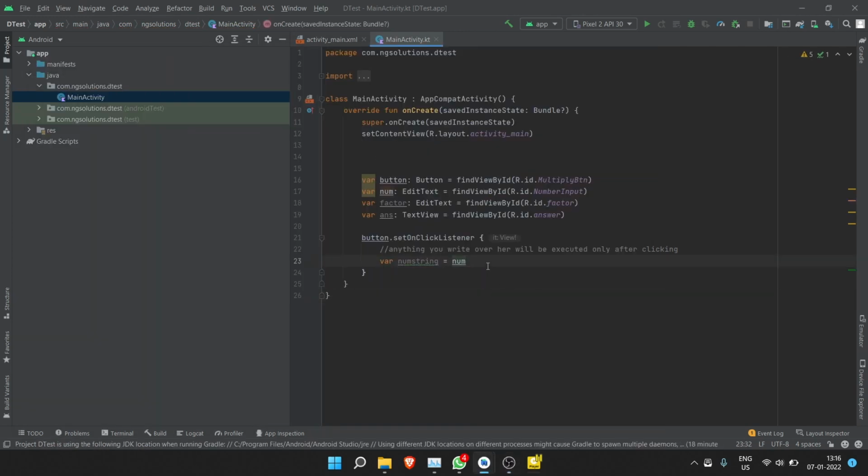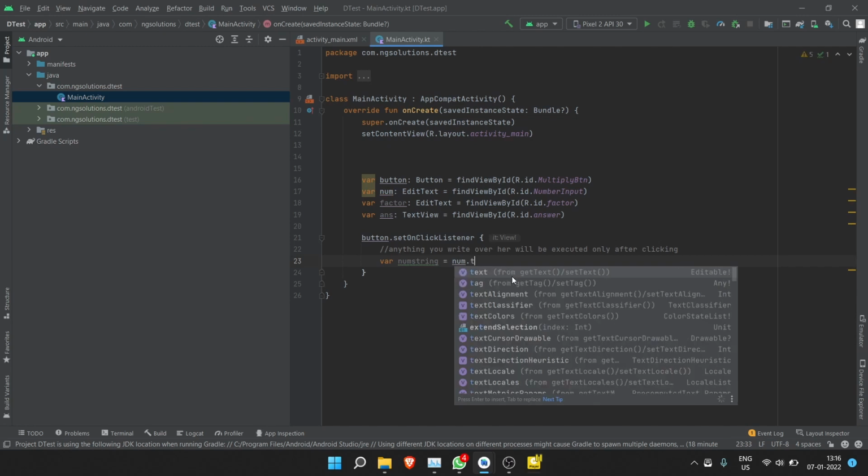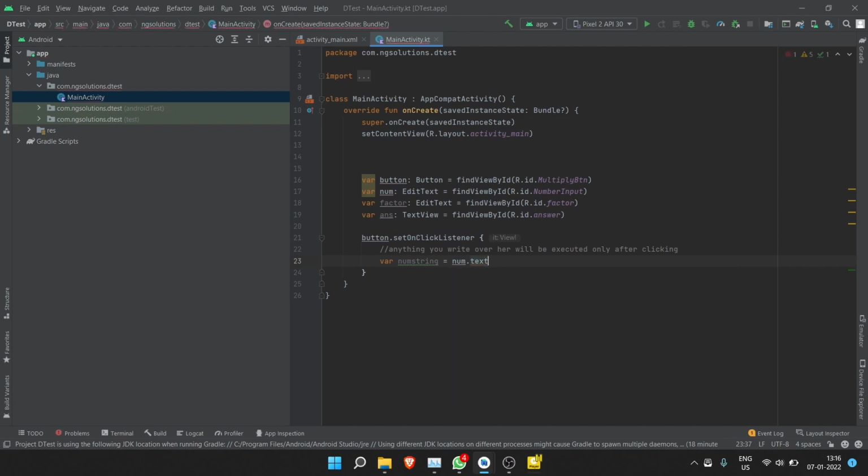Num is the variable name for the number input. num.text will return the text of the value. If I write this, it will return the text value which has been written in that input field, but it is in text type. You can write toString in front of that, so it will give the value in string format.